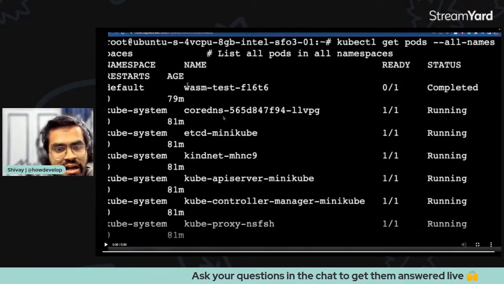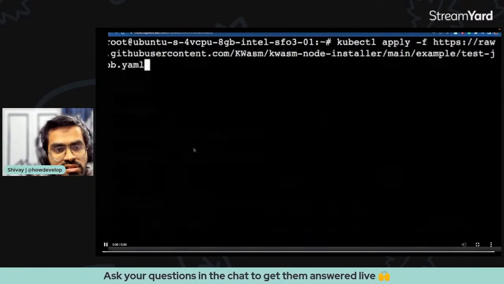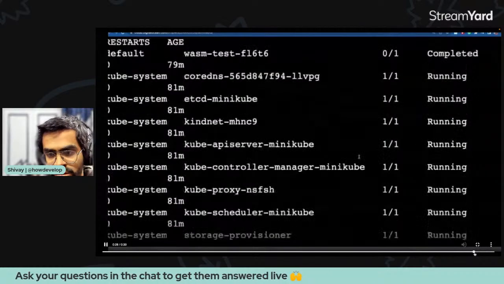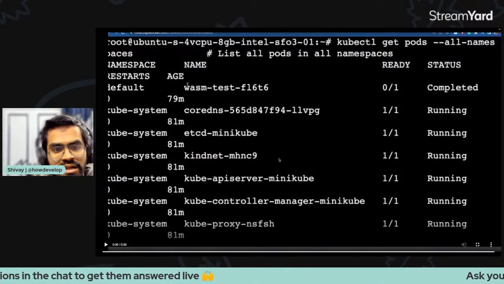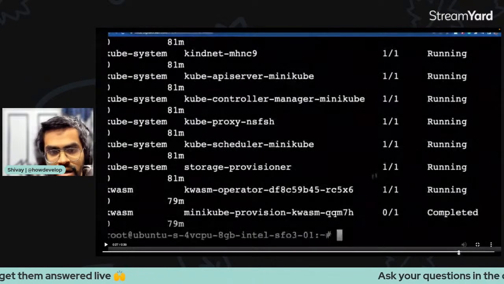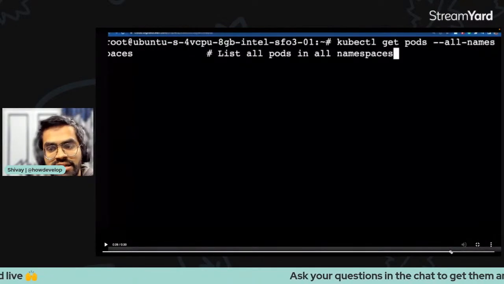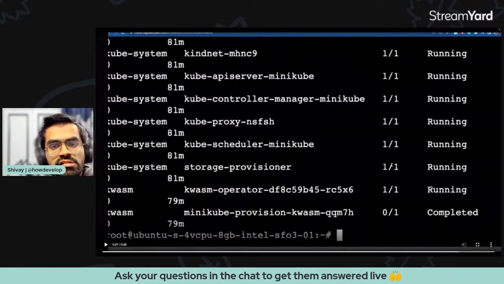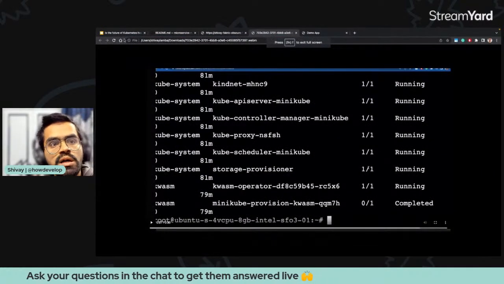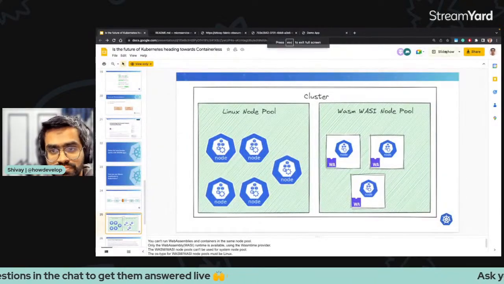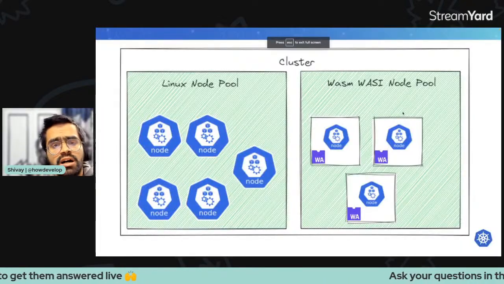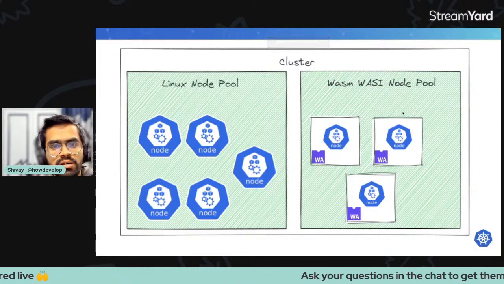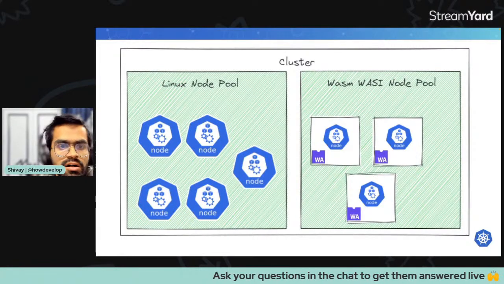And of course, I have the rest of the services that are basically running. If I just show this over here, you can see that the workload ran correctly. And over here, you can also see that the wasm operator, the key wasm operator, is also running. So this is a quick demonstration to showcase how to run your WebAssembly workloads inside of